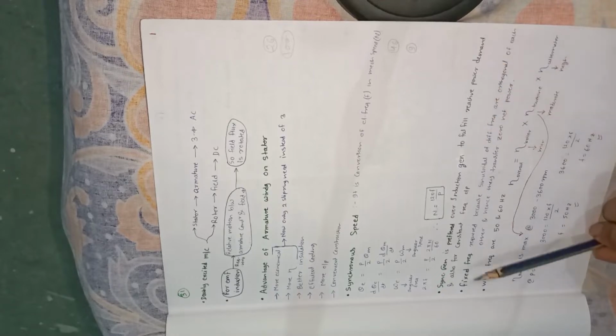And synchronous generator is preferred over induction generator because it fulfills the reactive power demand, and also it operates for constant frequency output. Fixed frequency is required because sinusoids of different frequency are orthogonal to each other, and hence they transfer zero net power. Why is frequency 50 or 60 Hz? We take a frequency of 50 or 60 Hz because